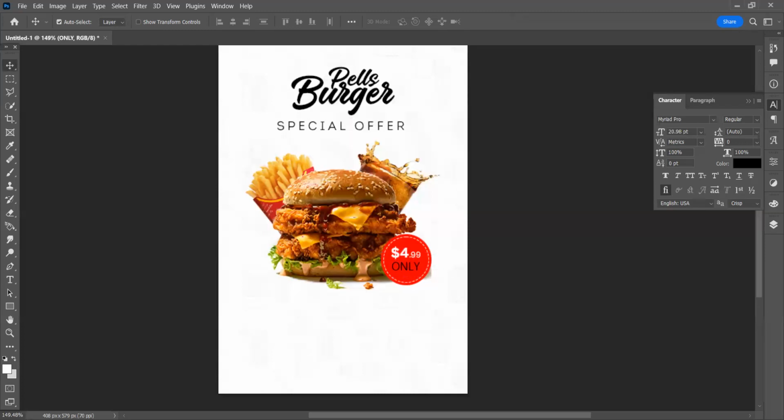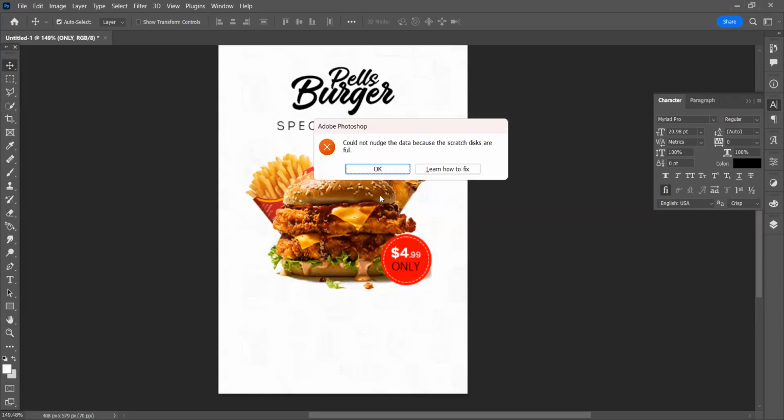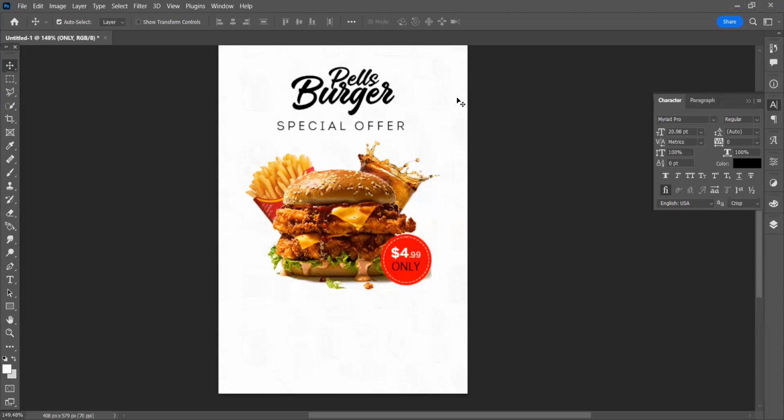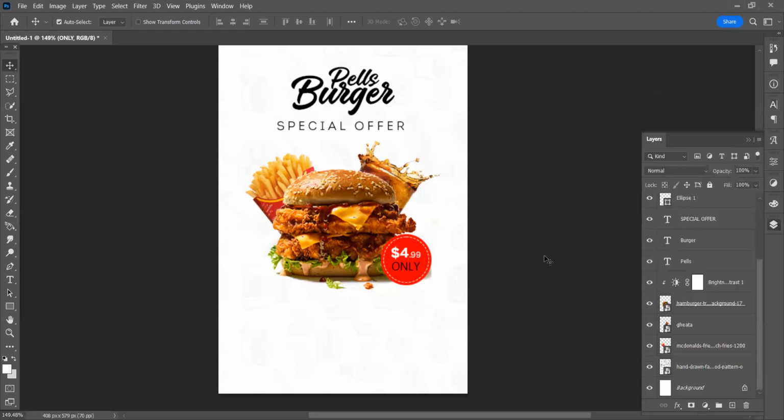My memory. Okay, let me close my browser. I don't have much space on my system. So what other things can I close? Okay, so now let me change this one to white. Can you see the problem that designers used to face? You see what it's telling me now? It's saying that the memory of my system is full.